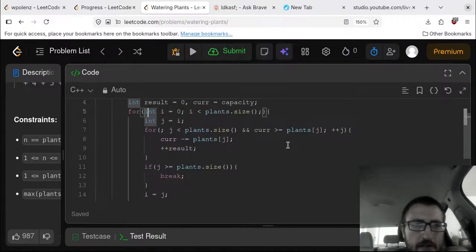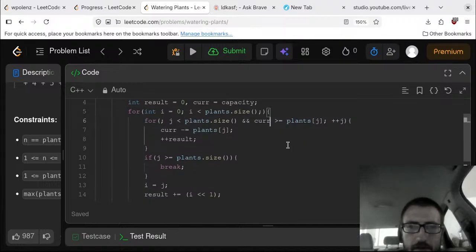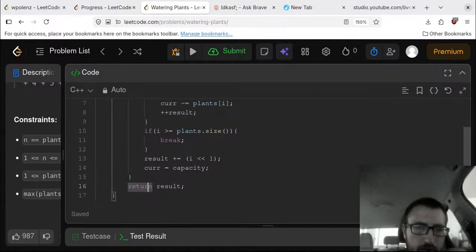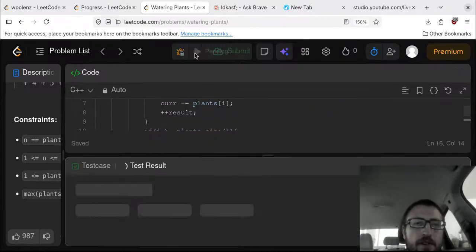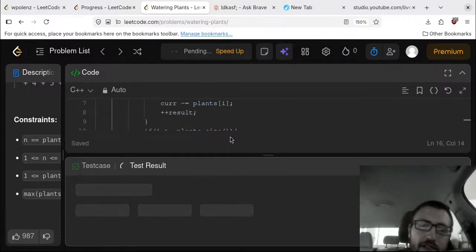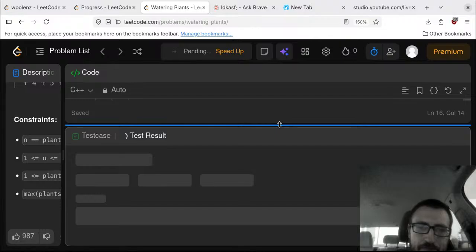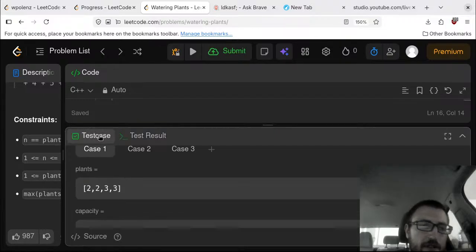This actually can just be I, I think, by the way. This could be I the whole way through. Yeah, that could just be I the whole way through, I think. Let's see. Yeah, all right, let me try some other test cases, and then we'll